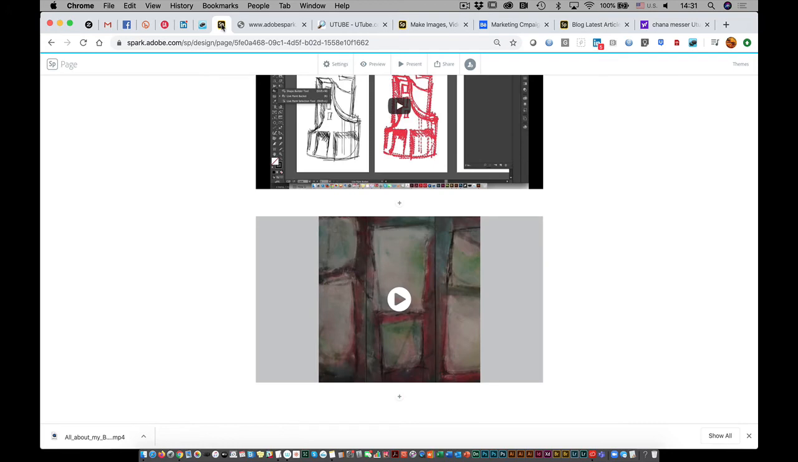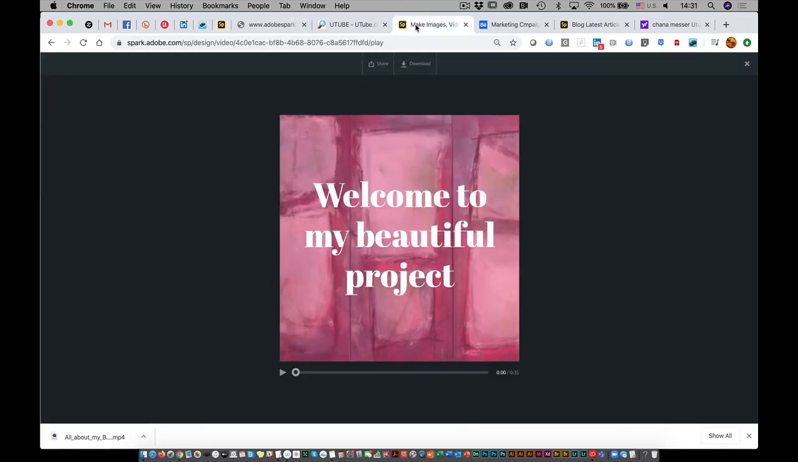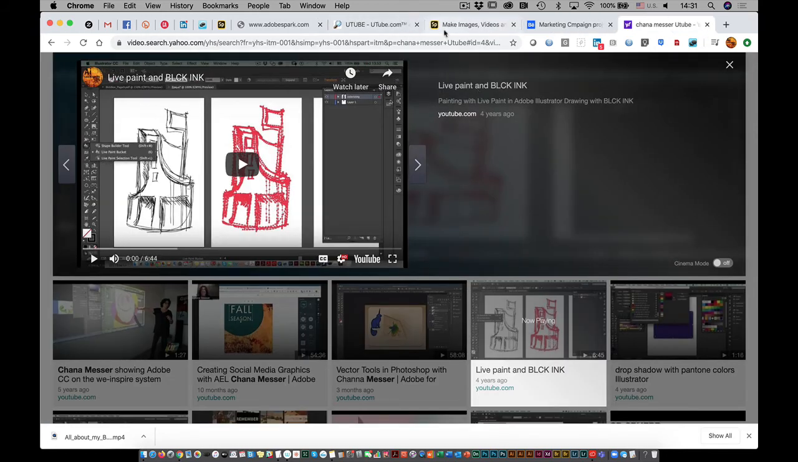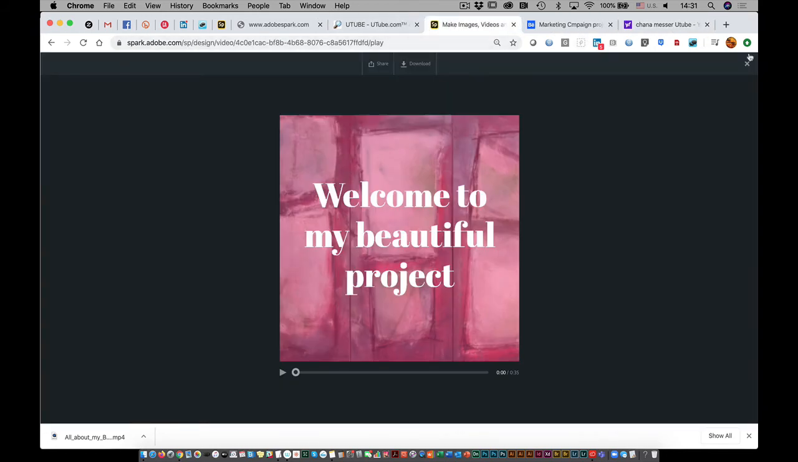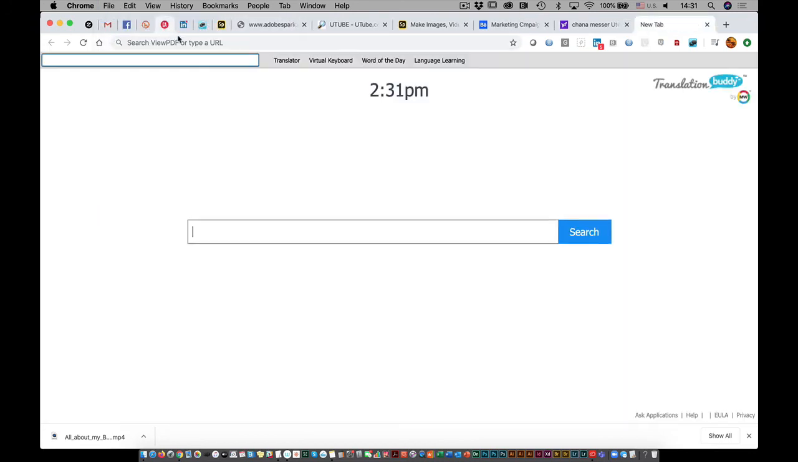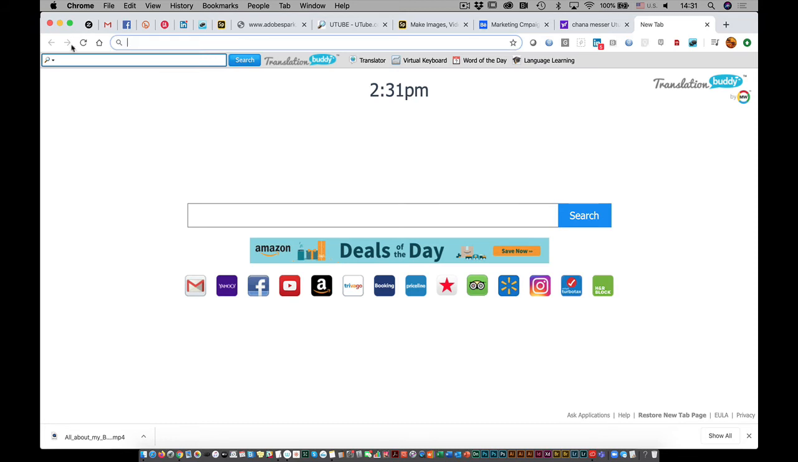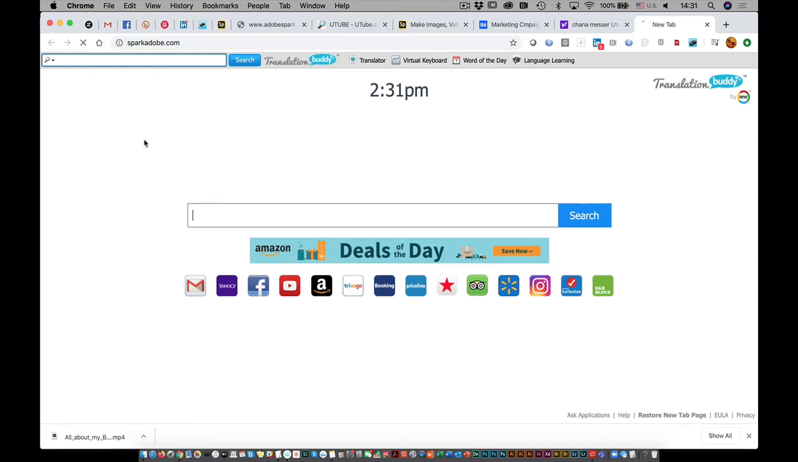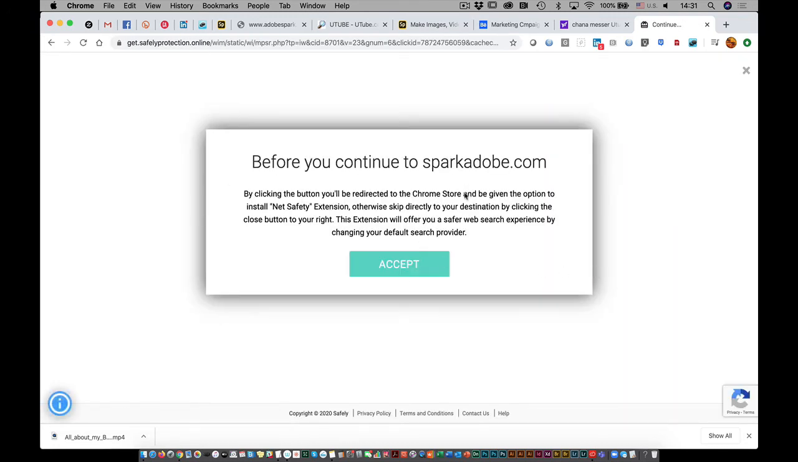What does it mean? If I'm going to go back here and look at my other image that I have, and let's say I'm going back to this area. I'm going to select that, and I'm going to go to the main one that I had before, and then I went out from Spark, and I'm going to go to spark.adobe.com. That will take you right away to your landing page, and then